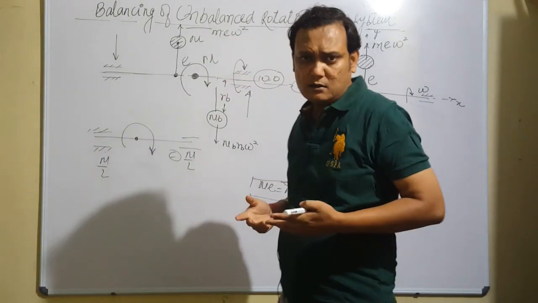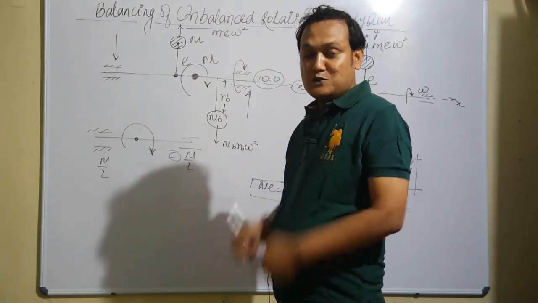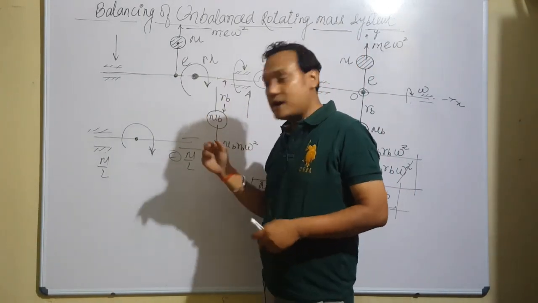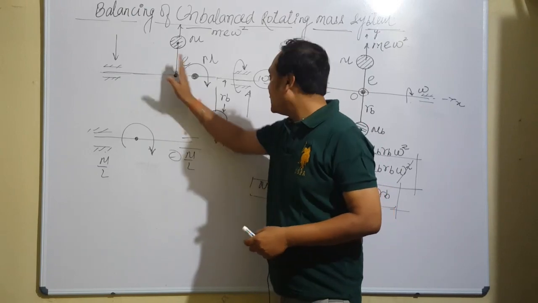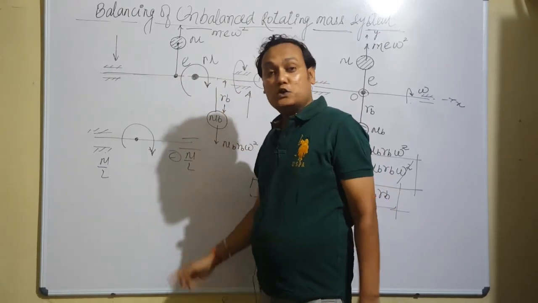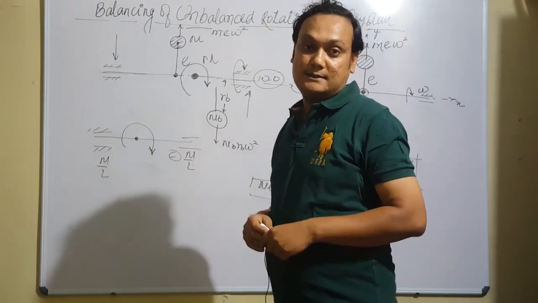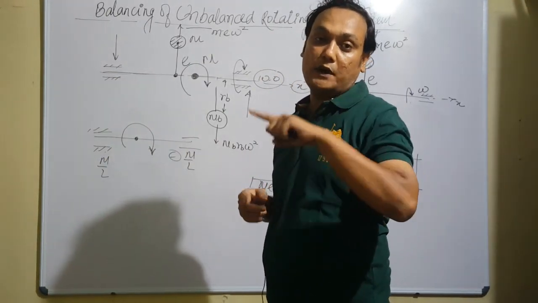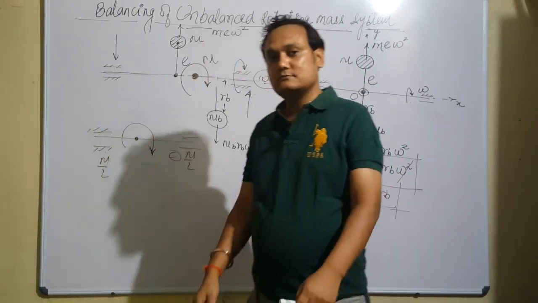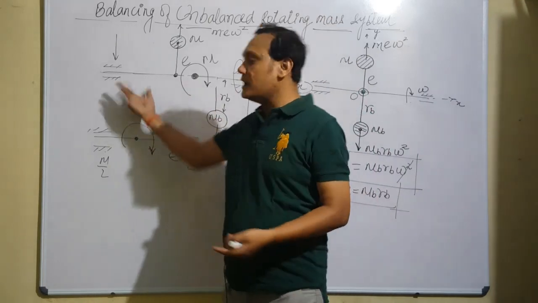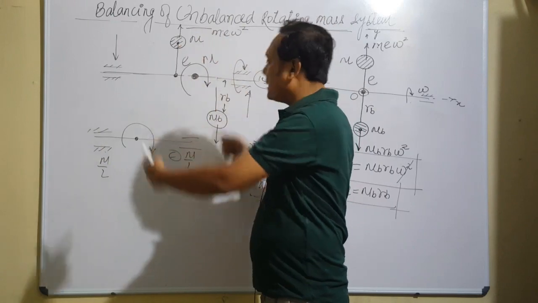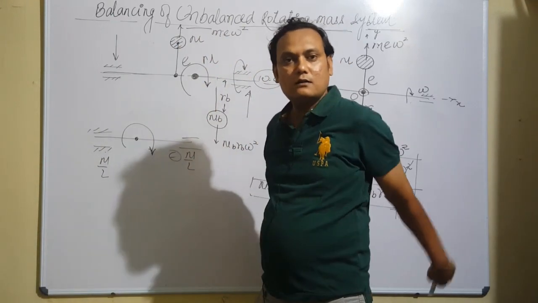Direction here doesn't matter. What I'm trying to explain is that when you attach your balancing mass not in the same plane but in a different plane, 180 degrees opposite, the system was statically balanced. The center of mass was lying on the axis of rotation. But once the motion starts, in the dynamic position, the system is not balanced. Again the reactions are coming. The dynamic reactions are coming because the shaft is rotating, and obviously these reactions will also rotate.